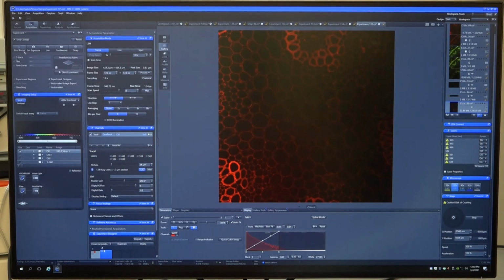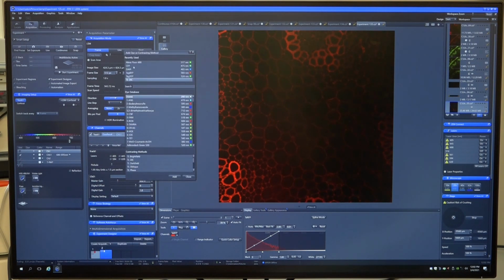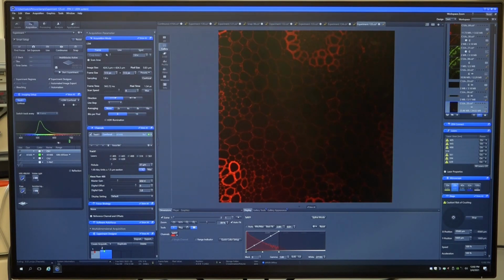Suppose I want to have something in green. So I will simply select this and take the green dye. I've taken the green dye and I'm selecting this window. The laser I'm using is 488.